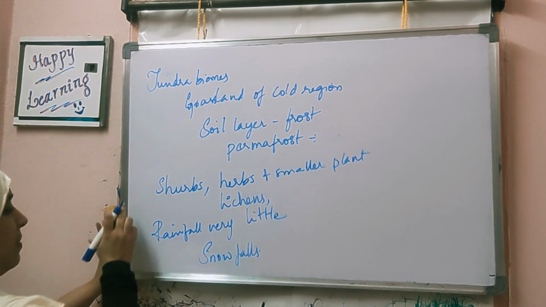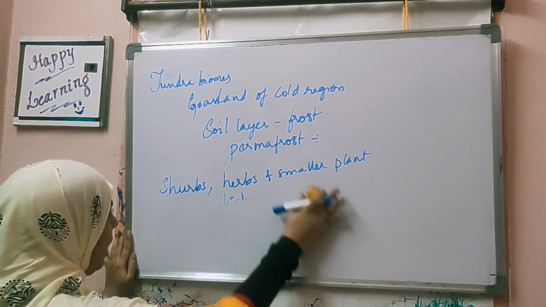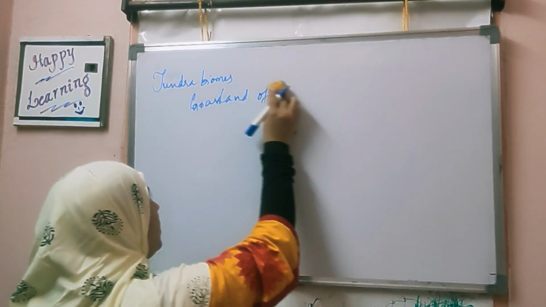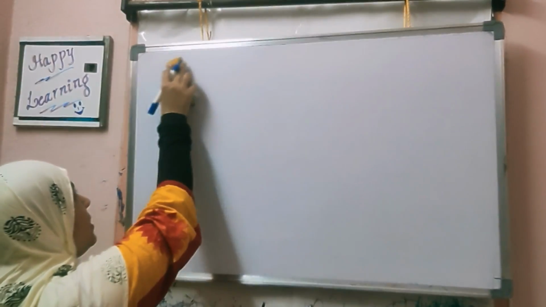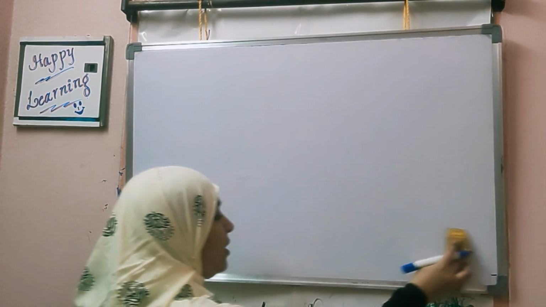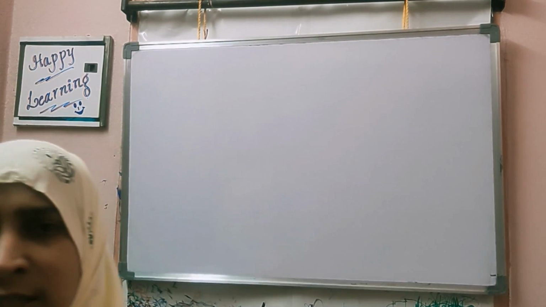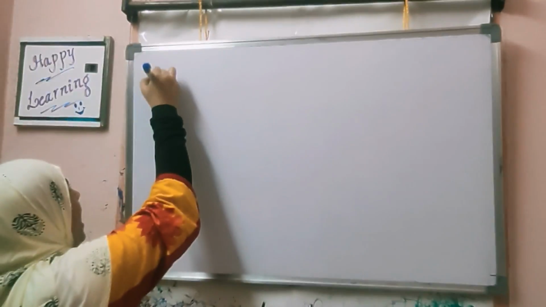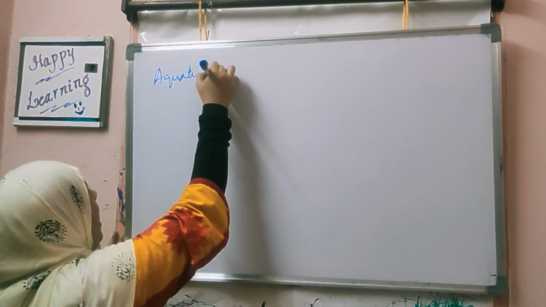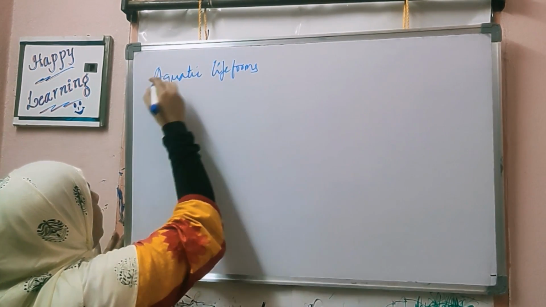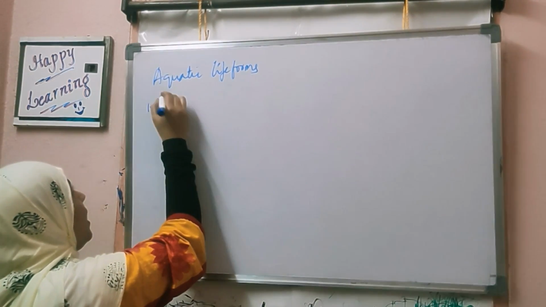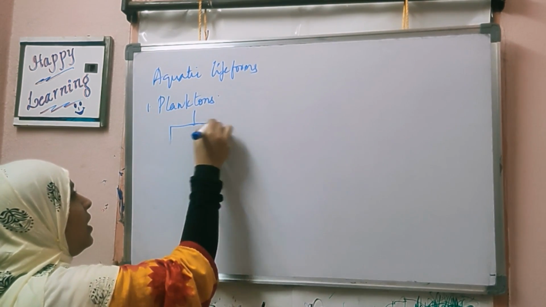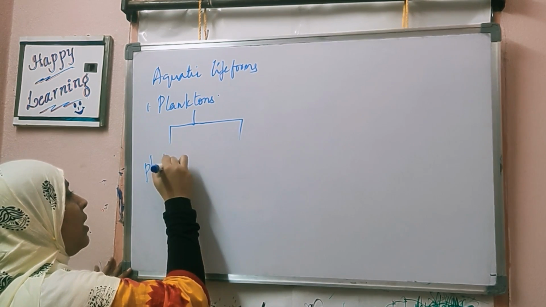Coming to the organisms that are found in aquatic biomes, when we study about them, we study the classification of life forms rather than the classification of aquatic biomes, because we have already discussed aquatic ecosystems to a very good extent in our adaptations lesson. So let us go to life form classifications. Aquatic life forms are divided into, first one is planktons, and we already discussed about planktons. Planktons are divided into two types based on presence of chlorophyll.